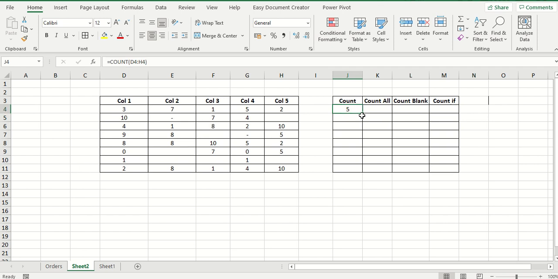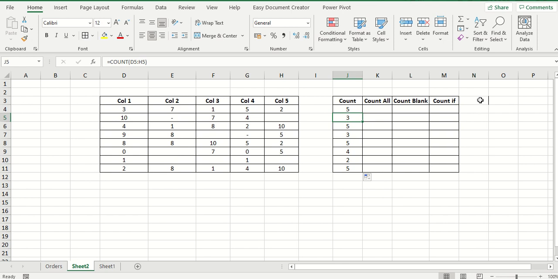So if you see here it is showing 5, friends, because Excel is finding the 5 values, 1 2 3 4 5. It simply counts the values, friends, nothing else. It will only count the cells which have values, whether they are negative or positive, it doesn't care. Okay, I will apply the formula downward, friends.